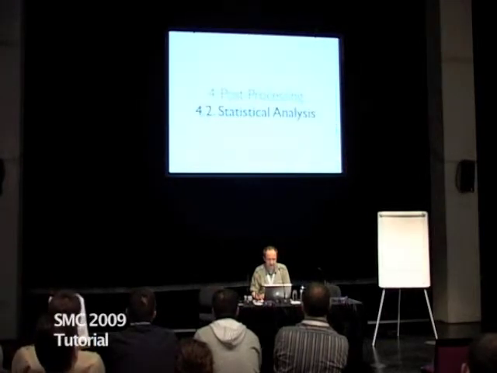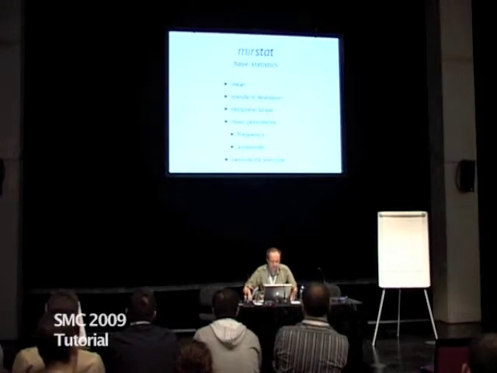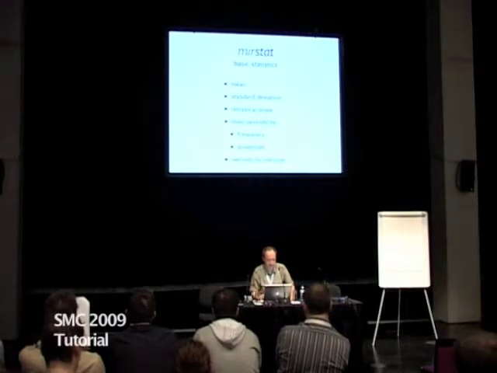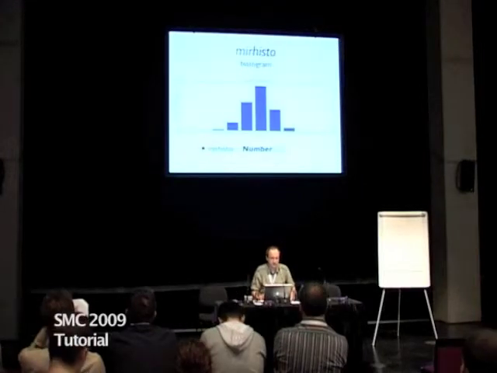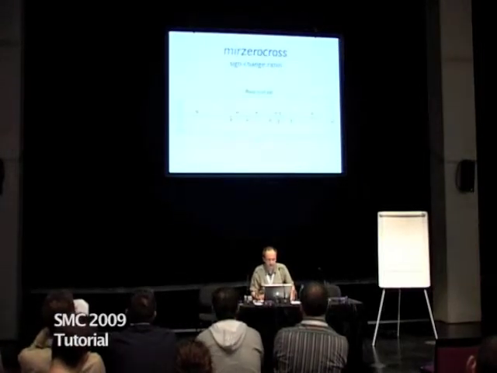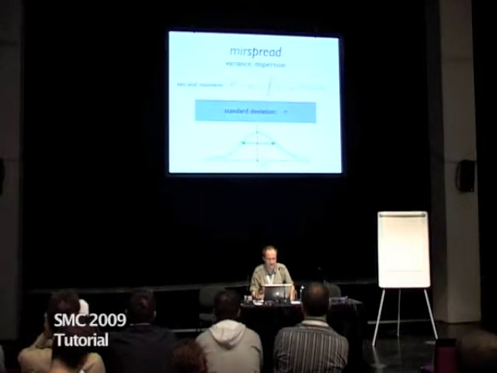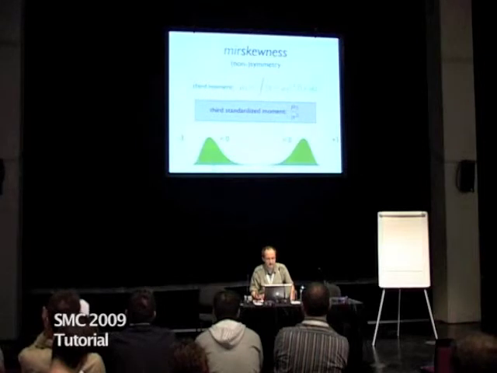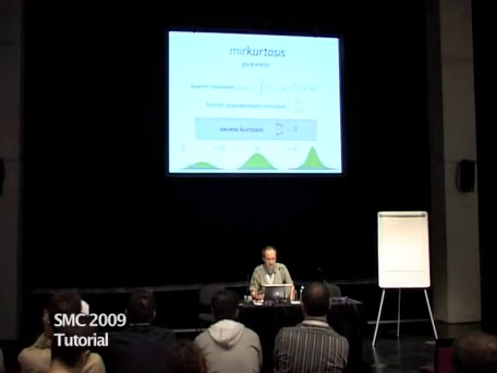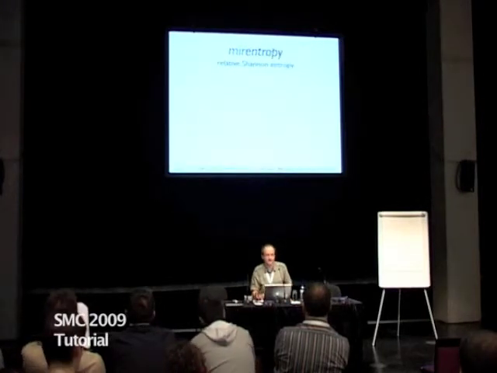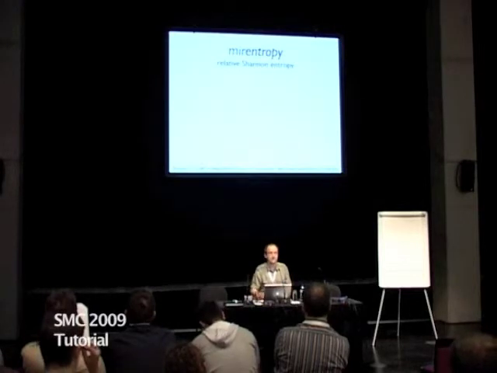Okay. For statistical analysis, you have basic statistics, mean, standard deviation of any of these curves, frequency of the periodicity in the signal, amplitude and periodicity entropy. Then you can compute a histogram of any of these data. Zero crossing rate can be computed from any curve. Then centroid, spread, or mean, variance, dispersion, standard deviation, skewness of the curve, kurtosis, and flatness. So entropy here is based on the Shannon entropy, but we use it only to see if the